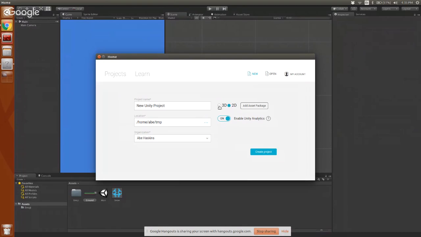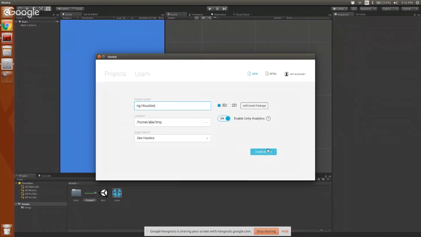And this little button that says, do I want to make a 3D project or a 2D project, actually doesn't change much. It just changes a little bit about how the editor looks. So it's either tailored for making 3D games and working in a 3D space, or a 2D game working in a 2D space. So I'll make a brand new project, and we'll call it ngHouston. Name doesn't matter. We'll call it a 3D game.